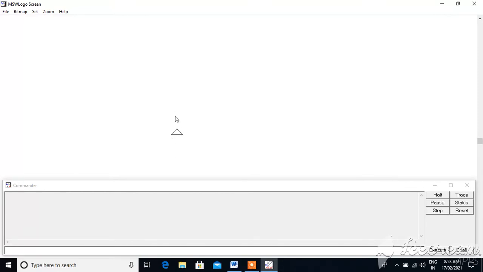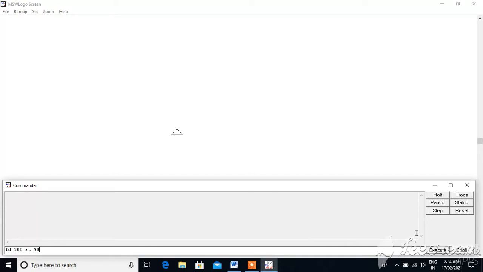Can I show you? I will type one command here: FD 100, RT 90. See, I am typing here. FD means forward, 100 means you go 100 points forward, and then turn right 90 degrees.